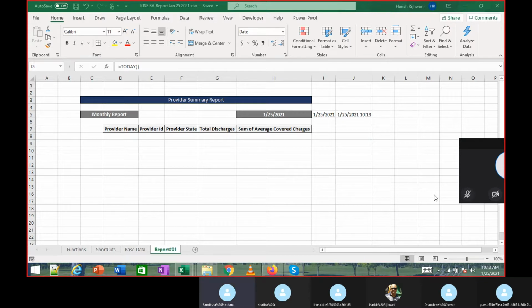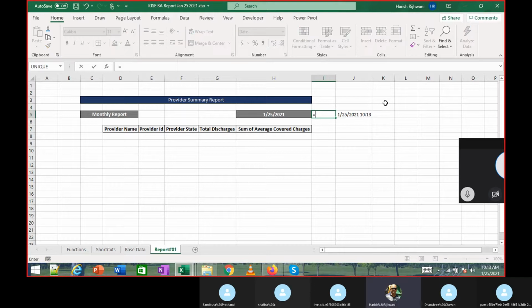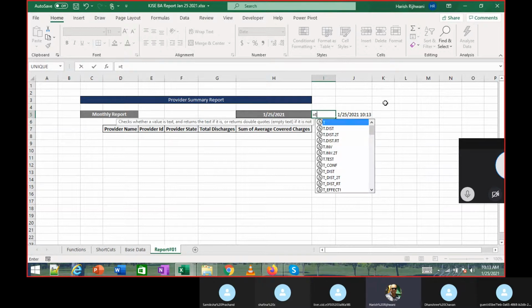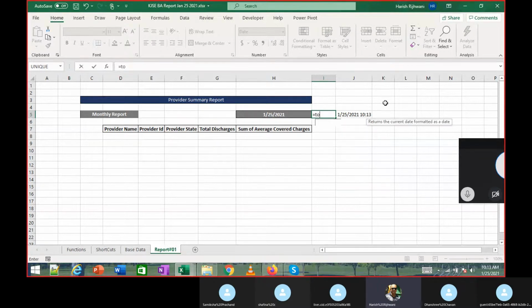So can you show that again, please? You need to type, the first thing for any formula is the equal to sign. Any formula starts with an equal to sign. So you write equal to, and you start typing TODAY. It returns the current date formatted as the date.